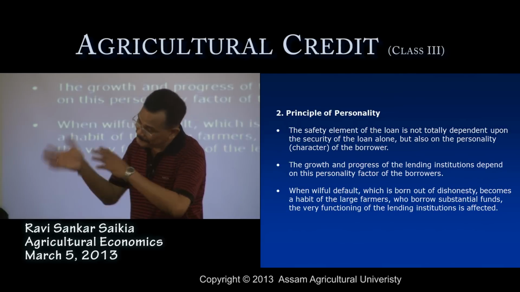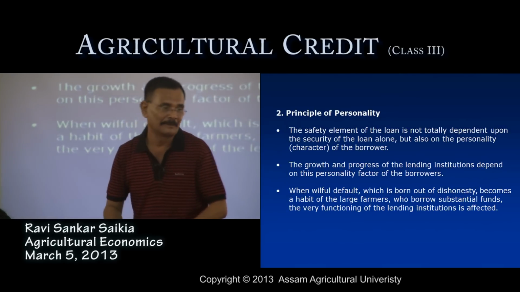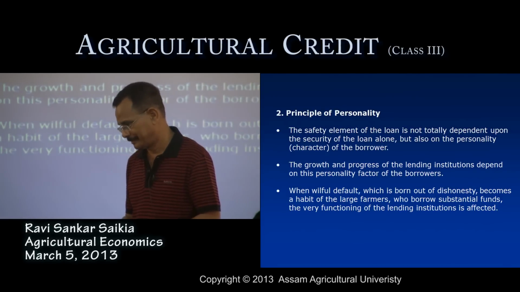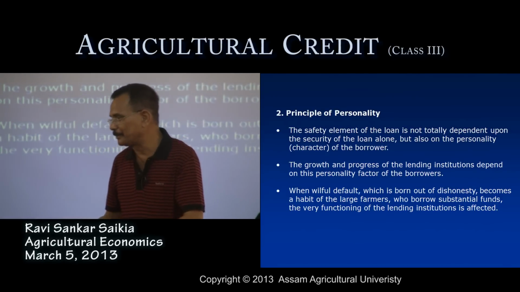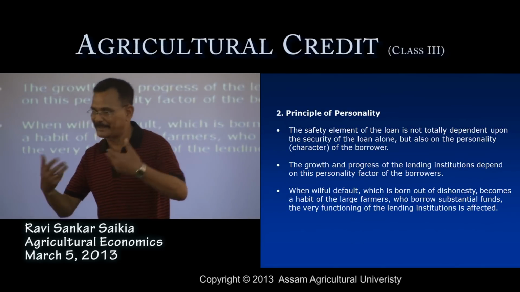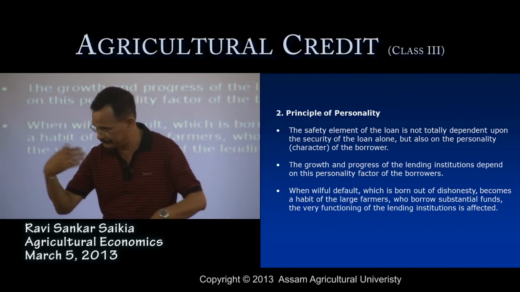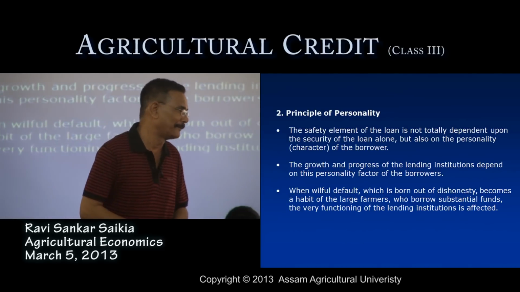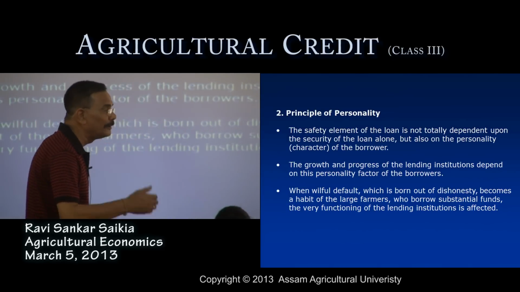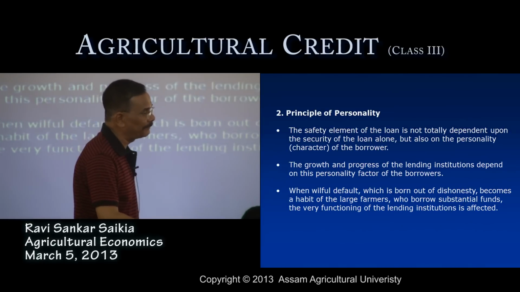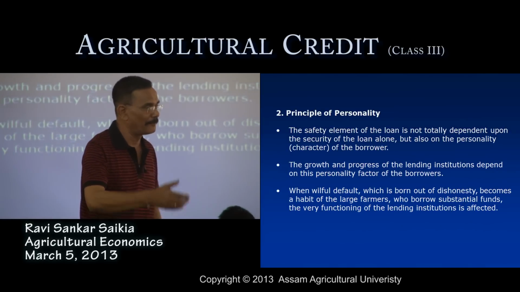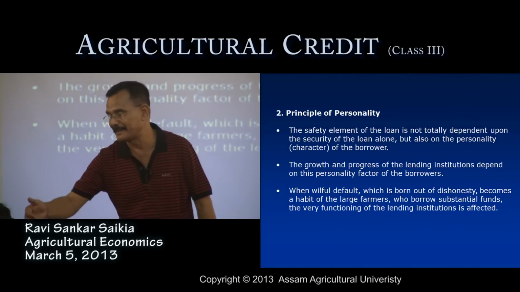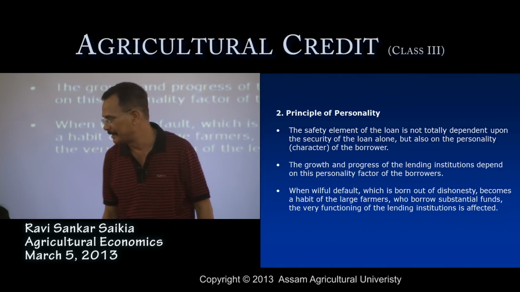But after giving the security, some farmers may go for willful default of the loan. Do you understand? He does not care about the repayment of the loan. And this is the major problem generally faced by most banking organizations, willful default. Due to willful default, again I am repeating here, most banking organizations face the problem of mounting overdues, especially in relation to the agricultural sector.